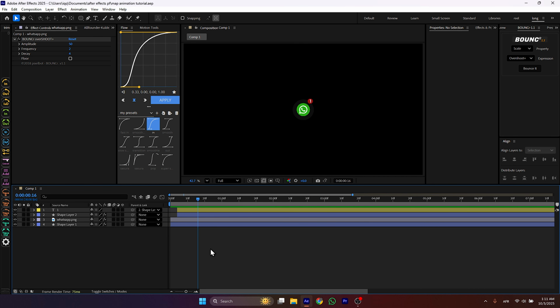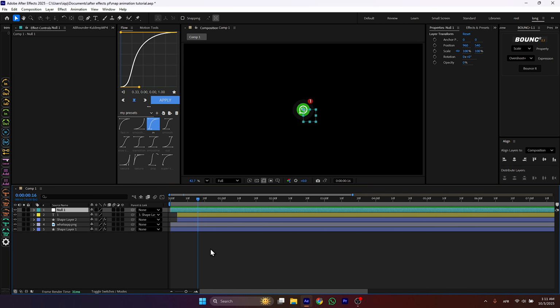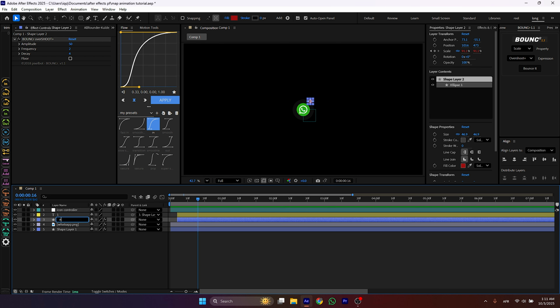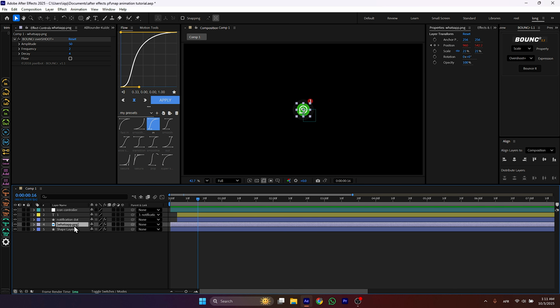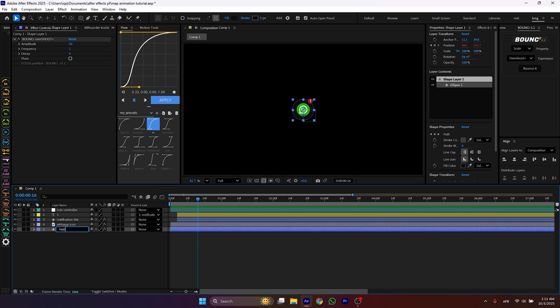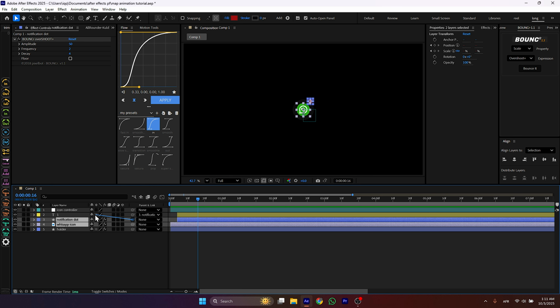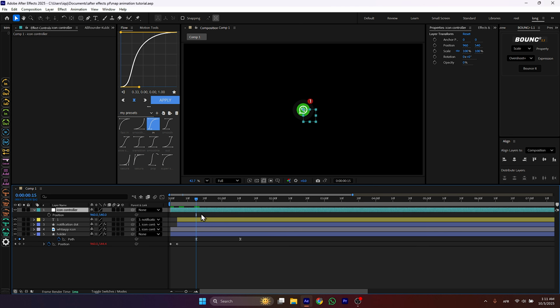Press Ctrl Alt Shift Y to create a null. And just to stay organized, make sure to rename every layer. Once that's done, parent the notification dot and WhatsApp icon to the null and animate the position and scale property of it.